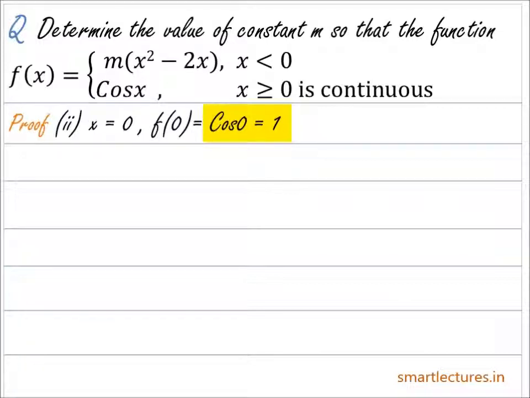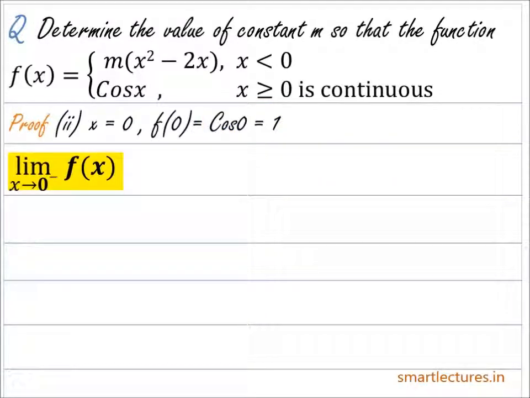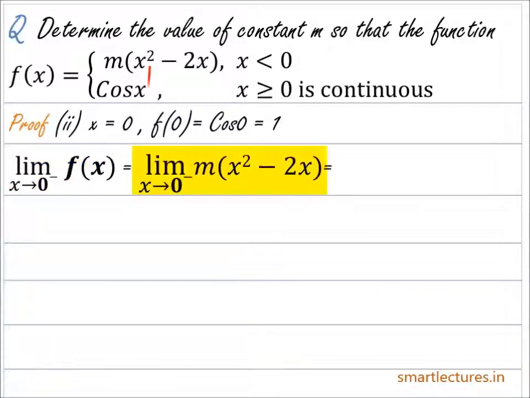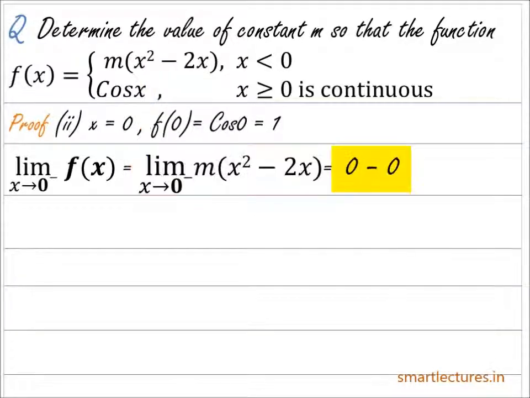Now for that, let's first find out its left hand limit and right hand limit. Now the left hand limit of this function at x equal to 0 is equal to limit x approaches 0 from the left hand side f of x, which is equal to limit x approaches 0 of mx square minus 2x. And now as x approaches 0, x will be a very small number, so it will be equal to 0 minus 0, again 0. So the limit will be equal to 0 for any value of m,